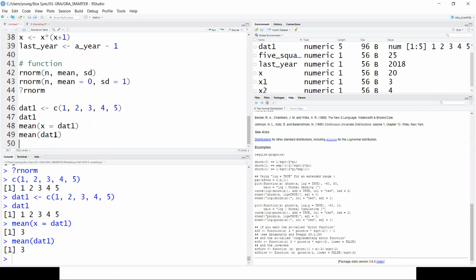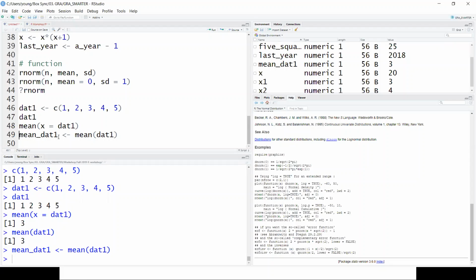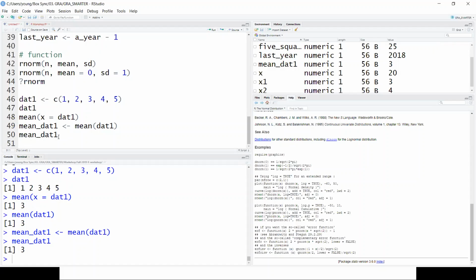If you write it like this, it'll just understand what you're saying. And then we can assign this mean of data1 to another object called mean_data1. And then if we call mean_data1, it'll just pop up as a 3.